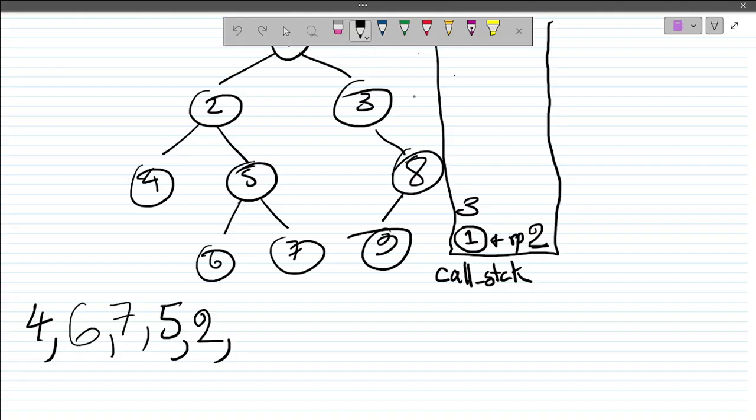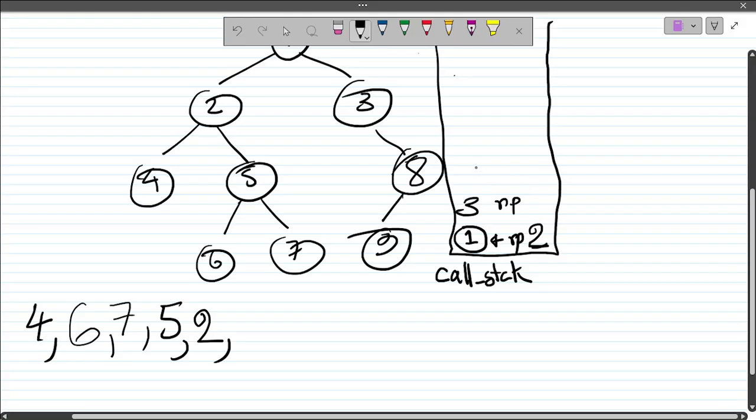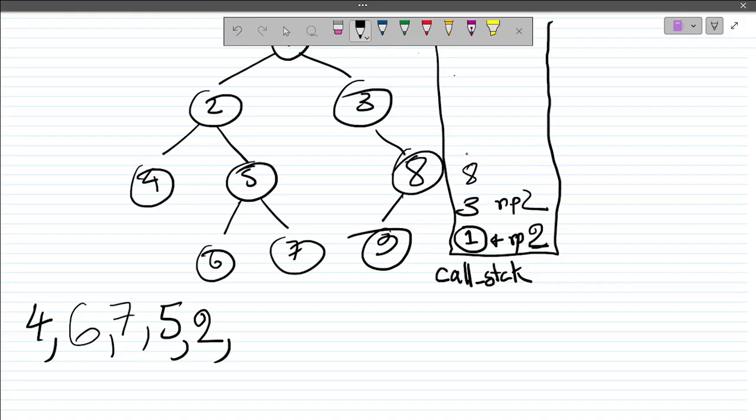Making a call to 3, and then 3 will call its left child, which is null, return pointer 1, and then null will pop off. I will come back to 3. I will make a call to its right child and put return pointer 2. 8 will make a call to its left child with a return pointer 1, and 9 will call its left child with return pointer 1, and then